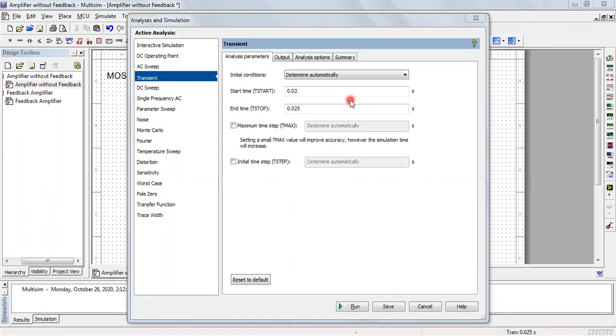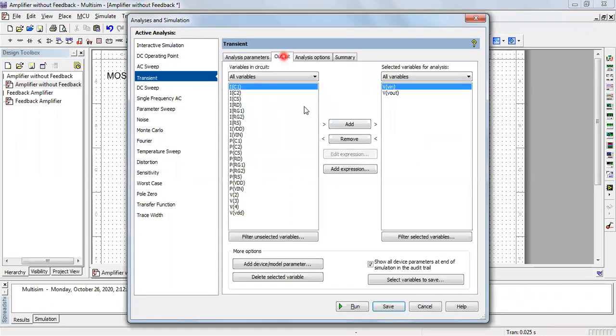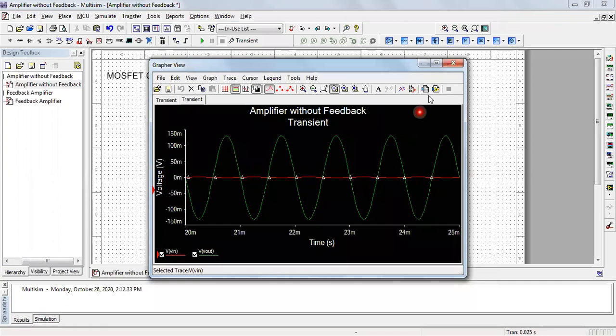Okay. And output, so input and output, these two signals, voltage at the input and voltage at the output, these two signals I want to observe. So that's why I have added these two signals into this selected variable list, and I will go for run. So you can see here,